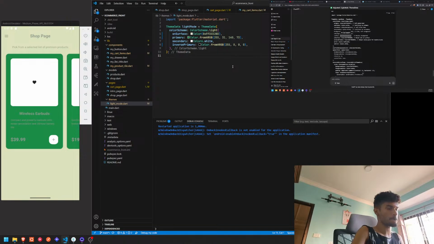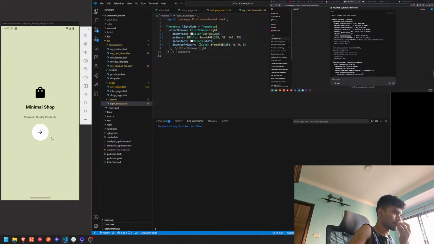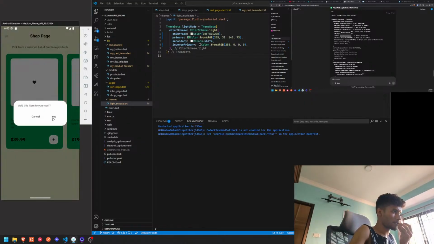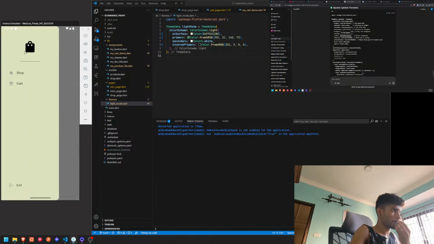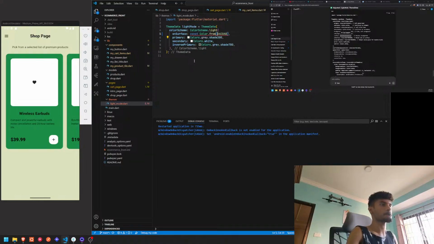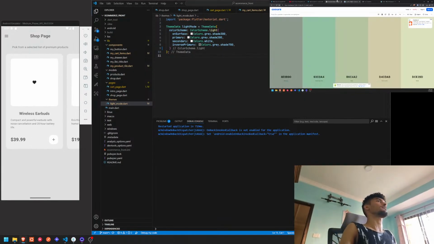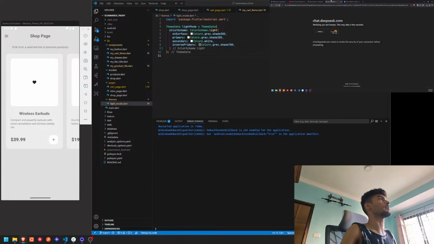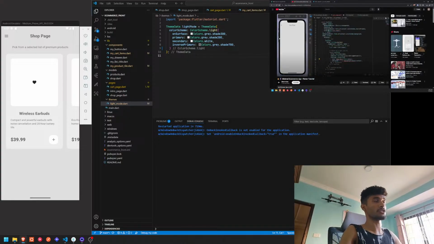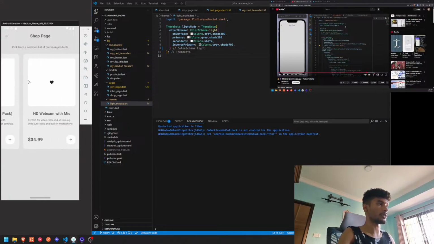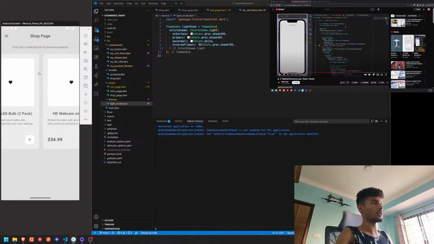Inverse primary. Okay, never mind. That's what a color palette is like. I won't get into it later, but the only thing that I want to do right now is to make it functional, right? So